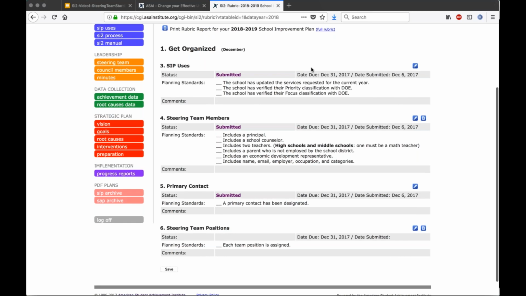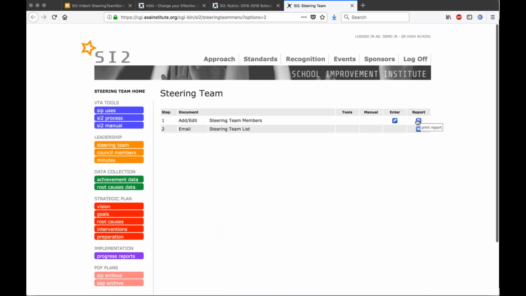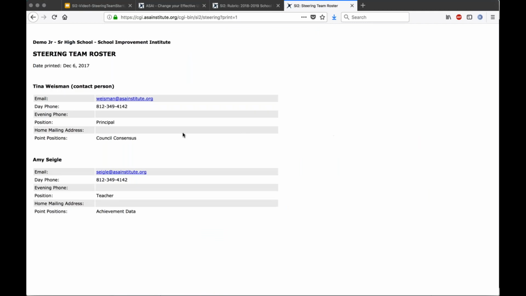We also make it so if you're looking this over and you want to check what you entered or check your report. So in this case, the steering team members, let's say I'm looking at here and it's like, oh, did I make sure that I have a math teacher, or did I get everybody's email address in? I can just click on the roster and click on the report, and it gives me my report, and I can check my work.